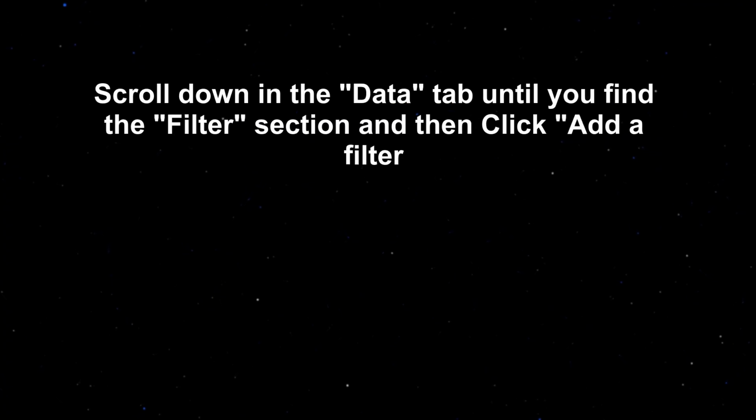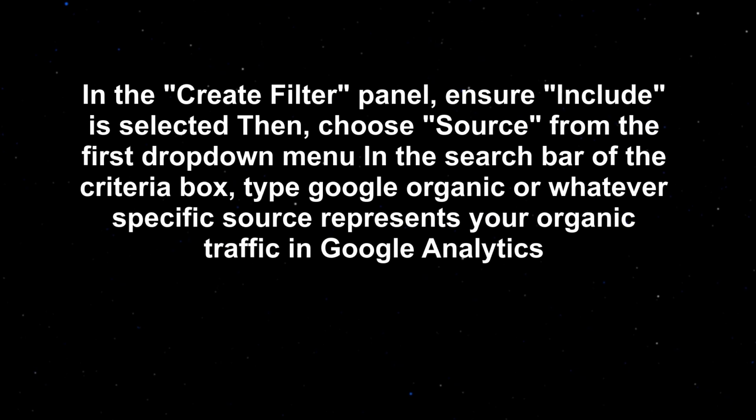Scroll down in the Data tab until you find the Filter section and then click Add a Filter. In the Create Filter panel, ensure Include is selected. Then, choose Source from the first drop-down menu. In the search bar of the criteria box, type Google Organic or whatever specific source represents your organic traffic in